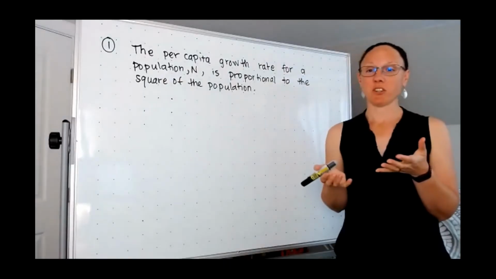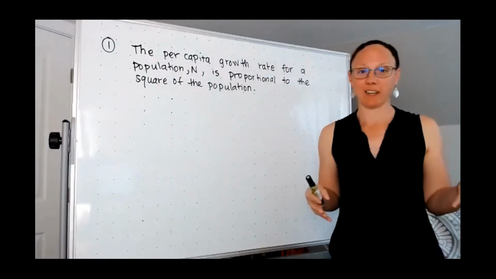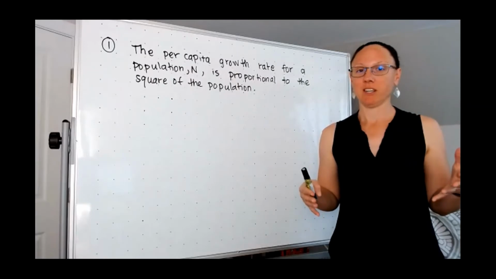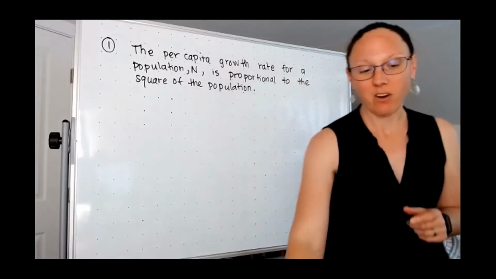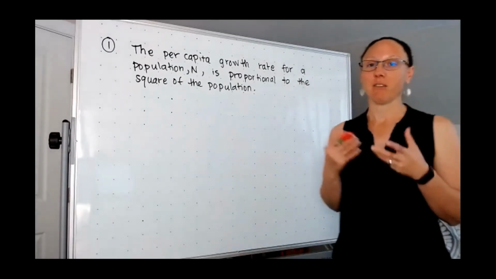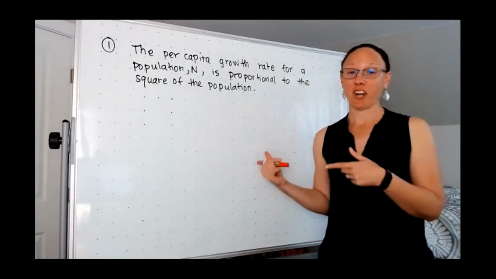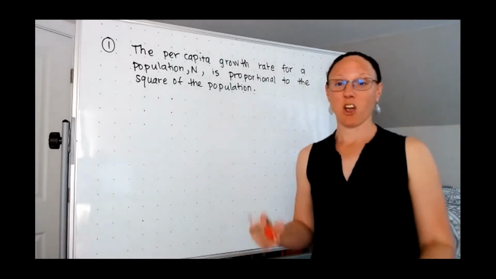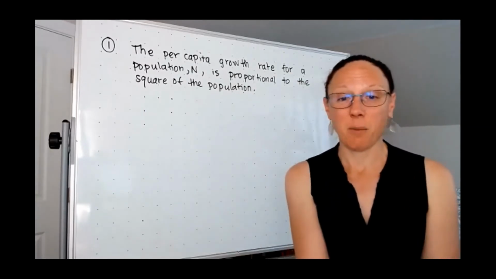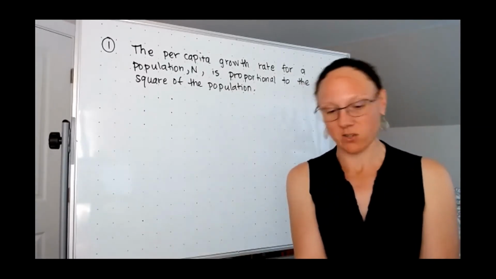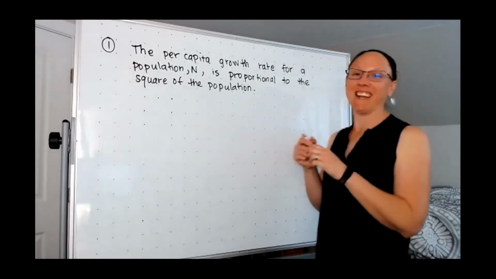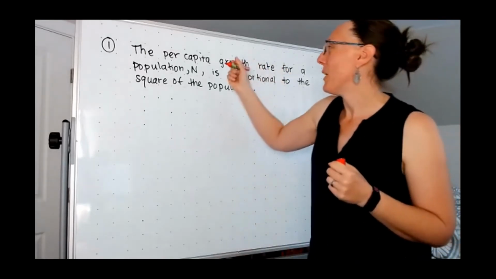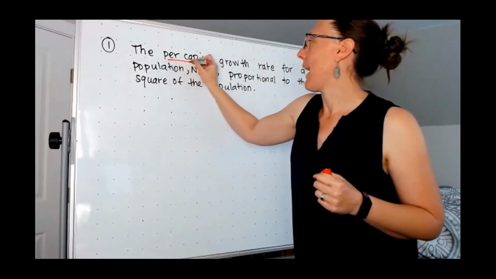And the first thing that I want to do is to just write down the differential equation that goes with these words. So there are a couple of vocabulary words that are hidden in this problem that I want to talk through, just in case they come up on worksheets or tests or the test on Friday. So per capita